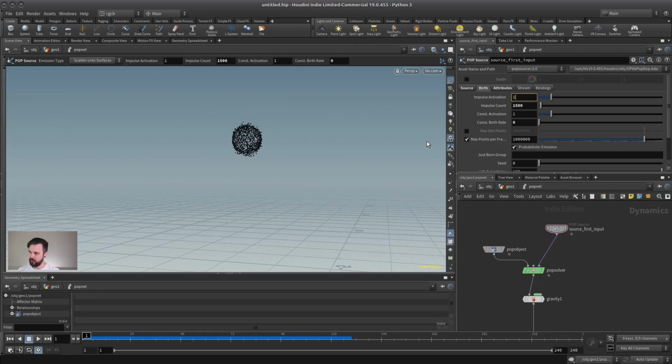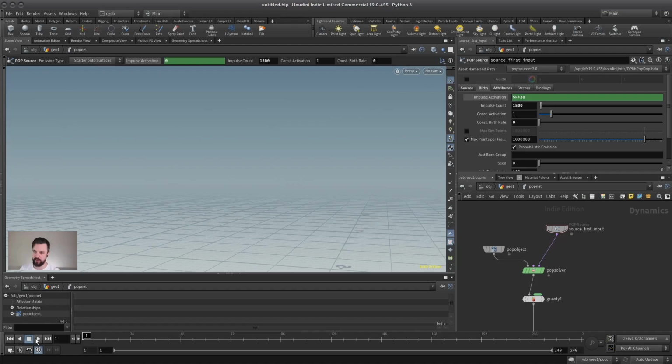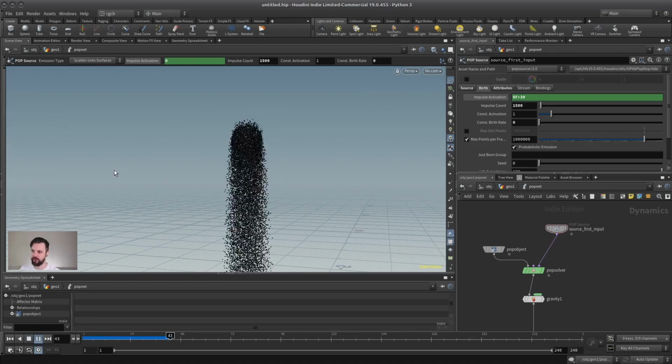Let's control our impulse activation here with an expression we already know. We could say, for example, only emit when the start frame is equal to the current frame. So only on the first frame emit, and then we only have a one-time emission. We also know that we can say, if the current frame is, let's say, higher than 30, then it should emit. So we don't have anything happening for 30 frames, and then all of a sudden something happens for the